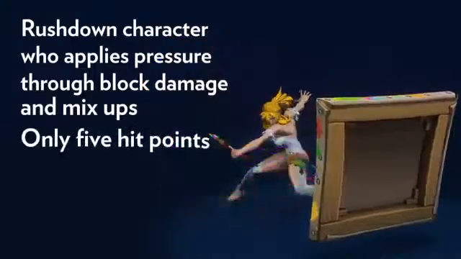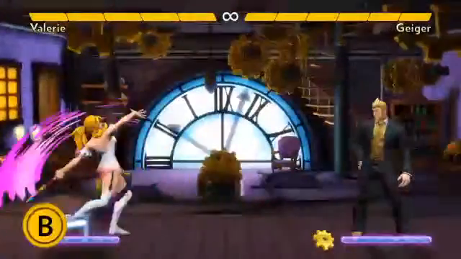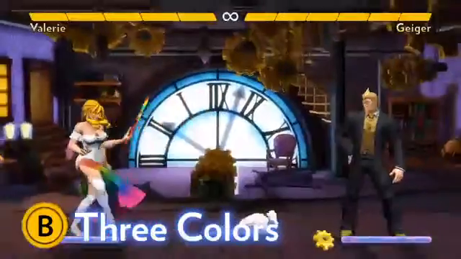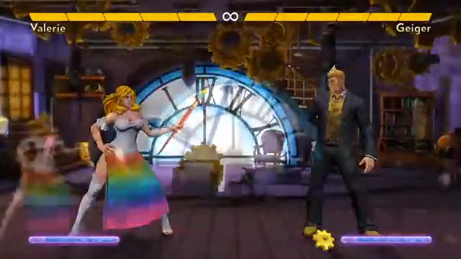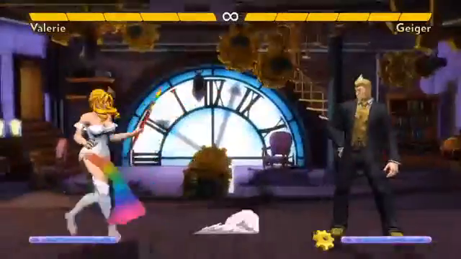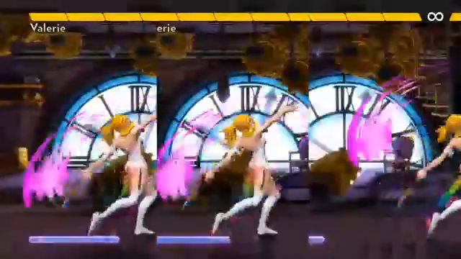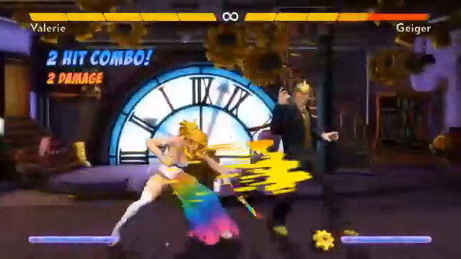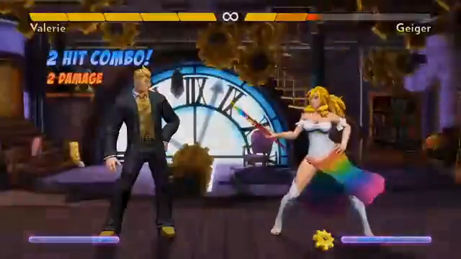She only has 5 hit points, though, which is tied for least in the game. Valerie's 3 Colors series is her most important attack string. By pressing B 3 times, she paints attacks with cyan, magenta, and yellow colors in quick succession. During each of these 3 hits, you can hold back, neutral, or forward to change the ranges of the moves. The first 2 hits, cyan and magenta, are a true combo, but the yellow hit that comes third does not combo. Instead,